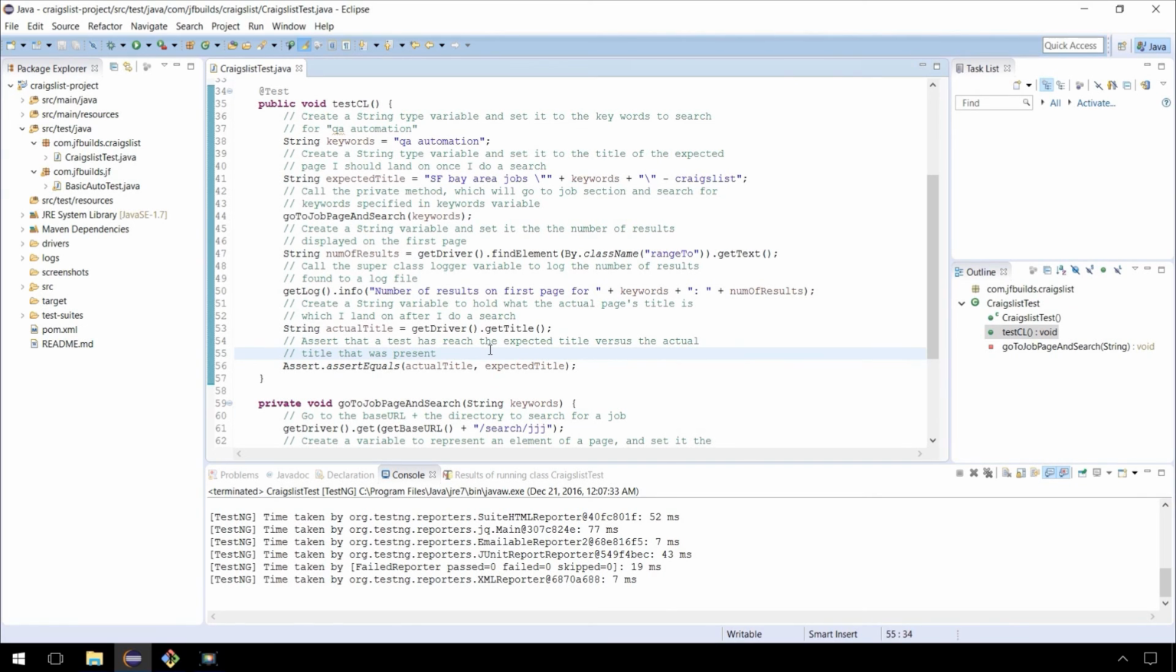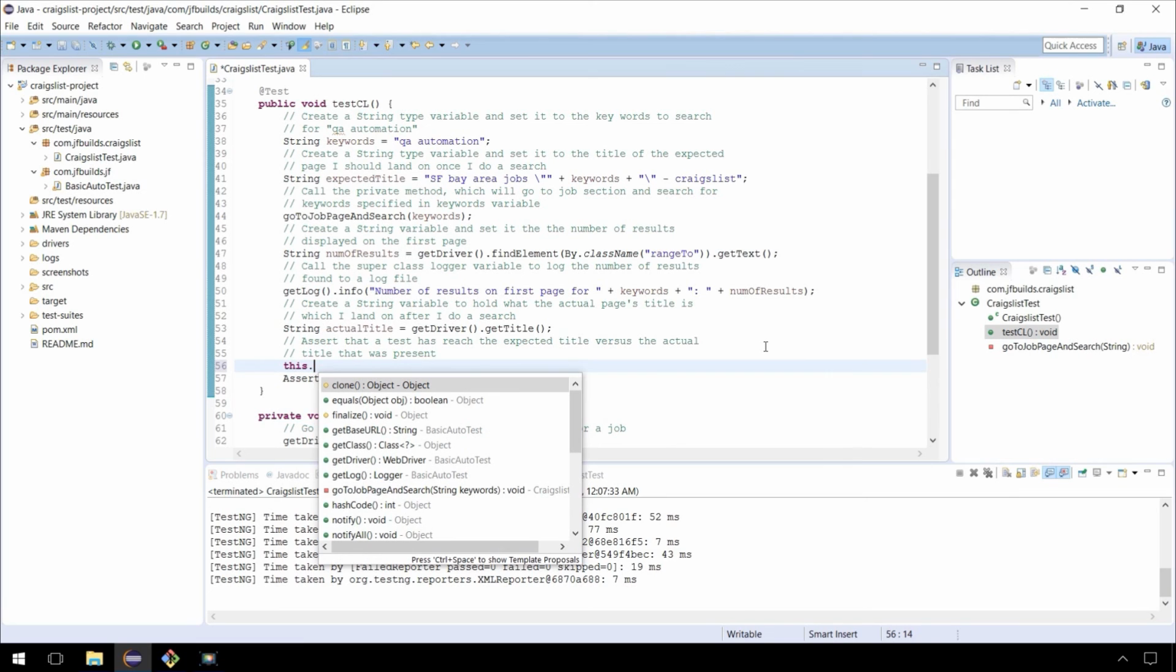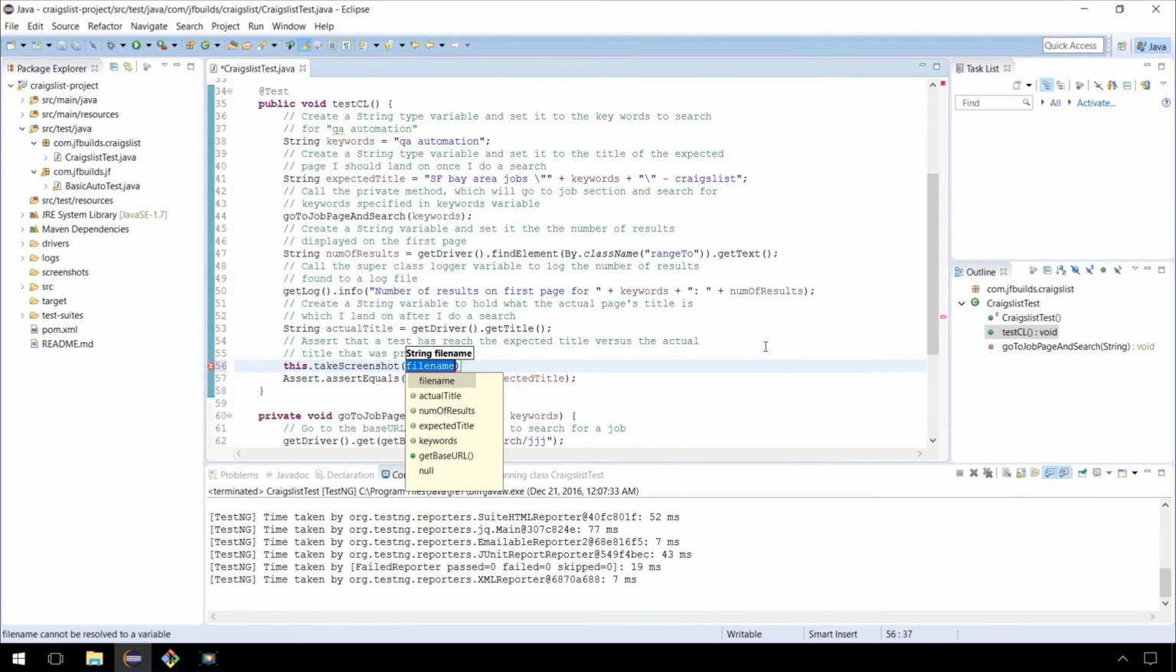If you want to take a screenshot, you do have that option as well. So here, let's just say that we got to that page with the results. Let's go ahead and take a screenshot. Use the dot operator, take screenshot. Let's give it a file name: Craigslist results. Now if we rerun it one more time,